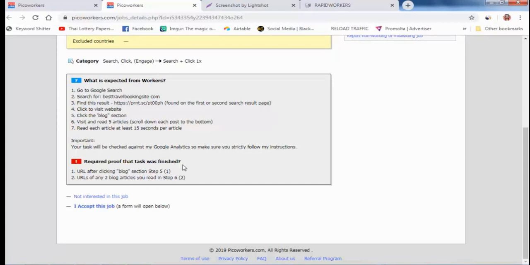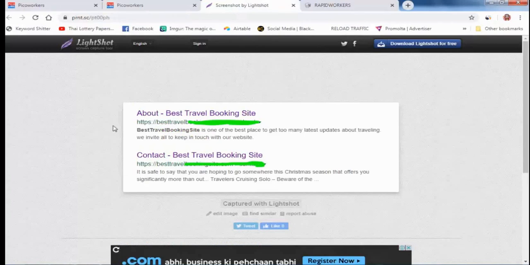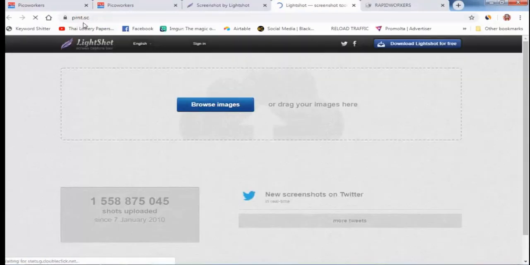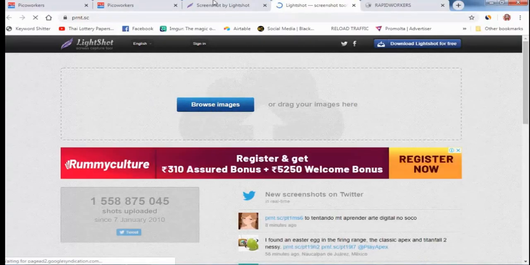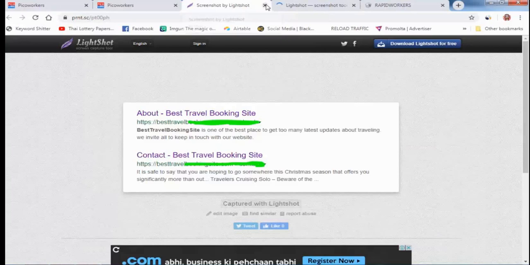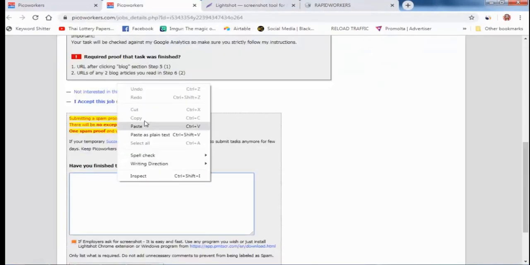This is the proof. If someone is interested in this job, they click on I accept this job. Here they can click. After completing the work, they can upload a screenshot here, lightshot.com, lightshot.sc. Here you can upload your screenshot of browser history or anything and copy the link and send it here.